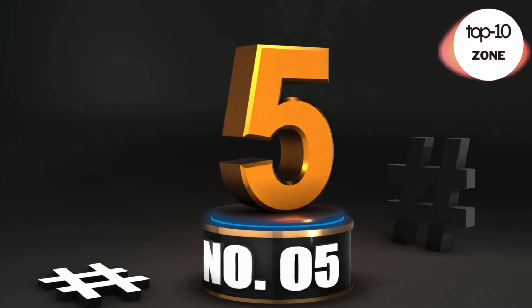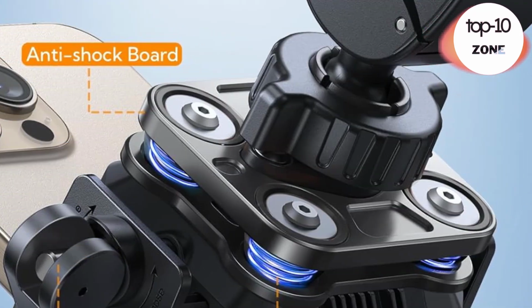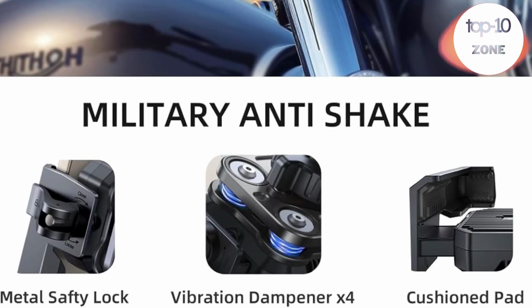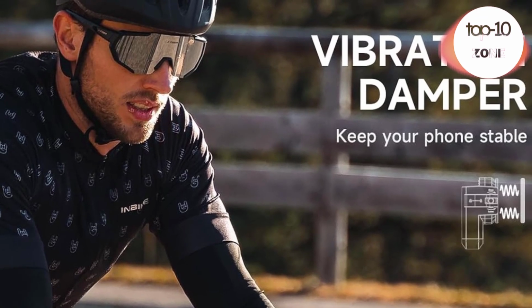Number 5. Bike Phone Holder Mount. Manx motorcycle phone mount is equipped with 4 military vibration dampener that dampen the phone by up to 90%, effectively cushioning every vibration caused by high speeds and bumps. Whether cruising through the city or adventuring in the mountains,